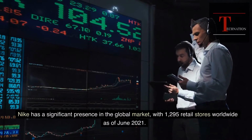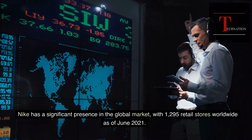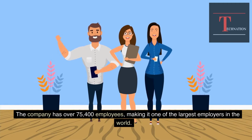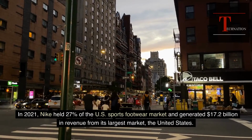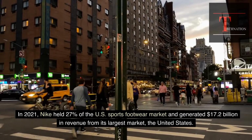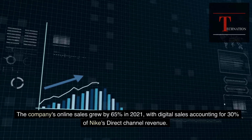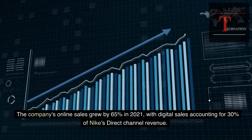Nike has a significant presence in the global market, with 1,295 retail stores worldwide as of June 2021. The company has over 75,400 employees, making it one of the largest employers in the world. In 2021, Nike held 27% of the US sports footwear market and generated $17.2 billion in revenue from its largest market, the United States. The company's online sales grew by 65% in 2021, with digital sales accounting for 30% of